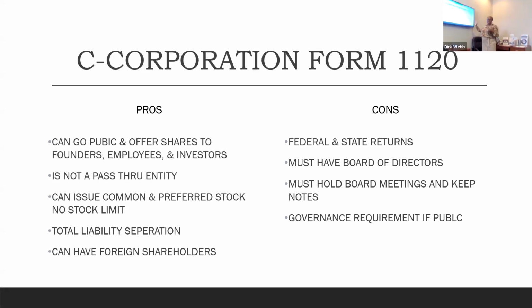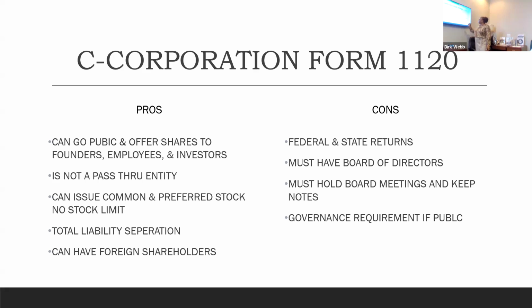The drawbacks of having a C corporation. I know they like to have their name and then have the incorporated at the end. However, you have to file a federal and a state tax return for C corporations. So you're paying federal tax and state tax on your income. For the state of Florida, any other state other than the 4 states that don't have state tax: Florida, Delaware, Tennessee, and Texas. Those are the 4 states that don't have state tax. But any other state, no matter what entity you are, you're gonna pay state tax except for those 4 states. That's why I love the state of Florida.